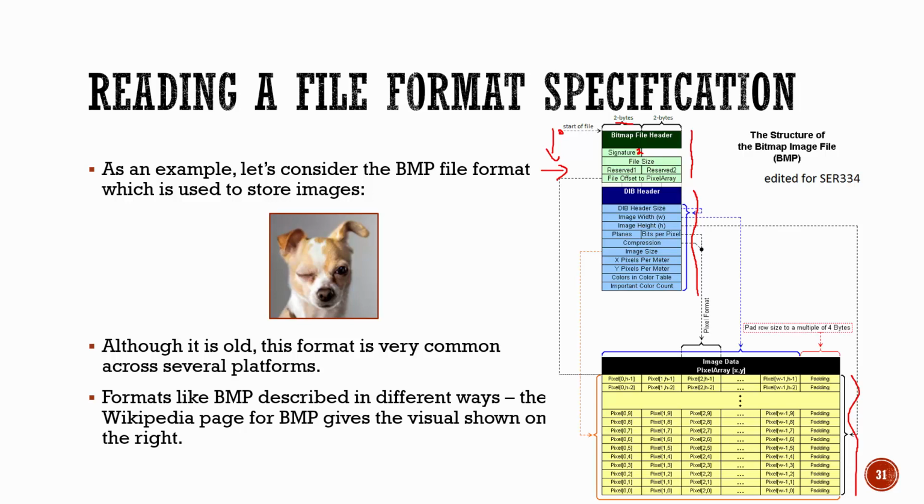Whereas if we look down, the next piece of data in order is file size, which is going to be 4 bytes, because notice it spans the entirety of this diagram here. So this is 4 bytes. Then again, this is 2 bytes over here because it's halfway, 2 bytes over here because it's halfway, 4 bytes over here, right? So as I read this diagram, I can see from it how much space is allotted